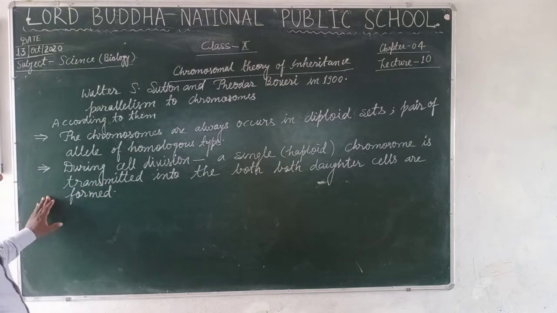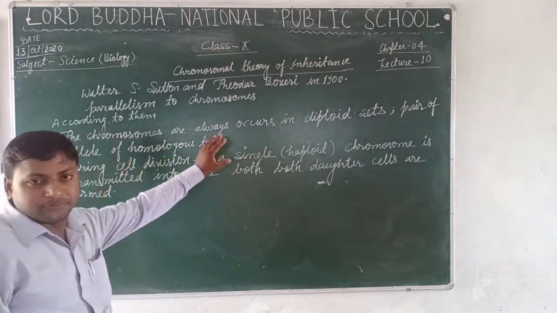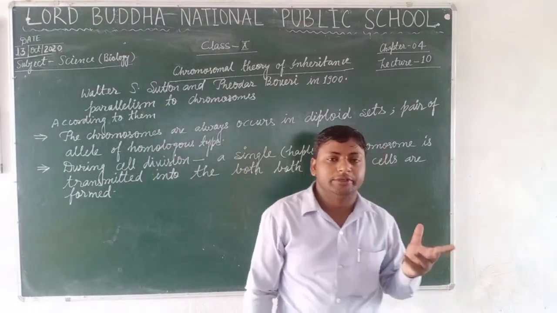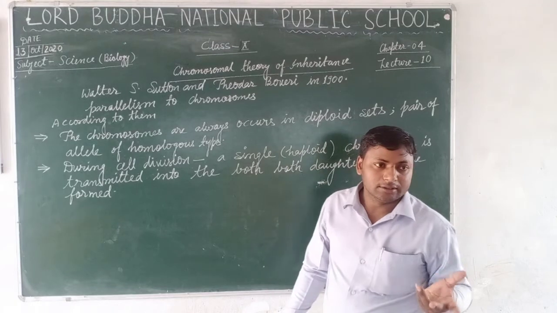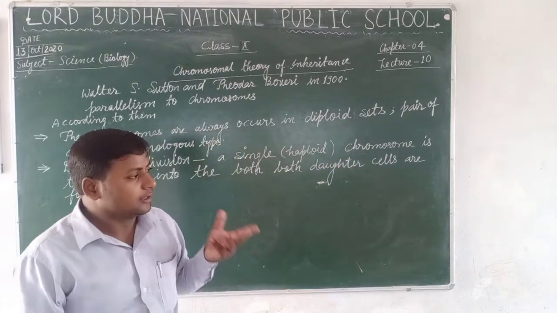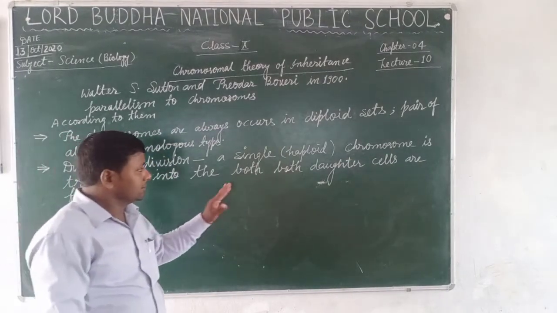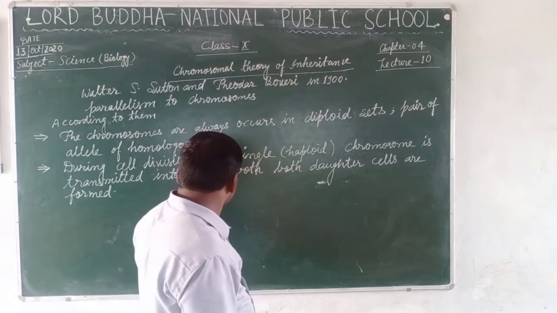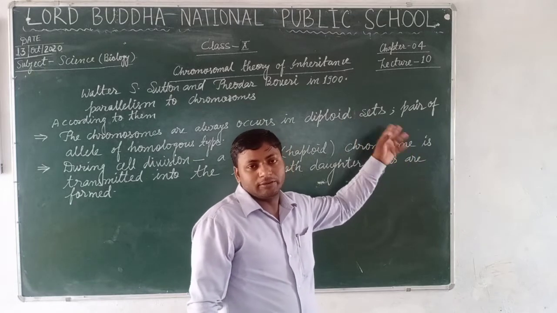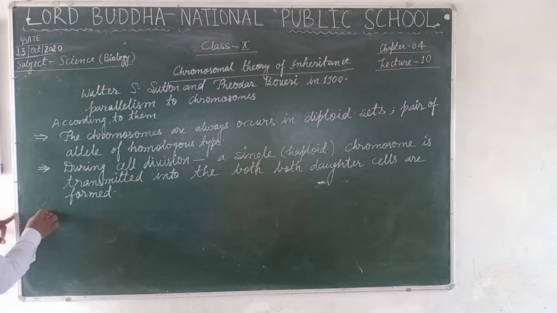So students, the individuals of each and every parent are not similar in shape, size or structure. They have various types of variation due to the transfer of a single haploid chromosome from a diploid set of chromosomes, and each